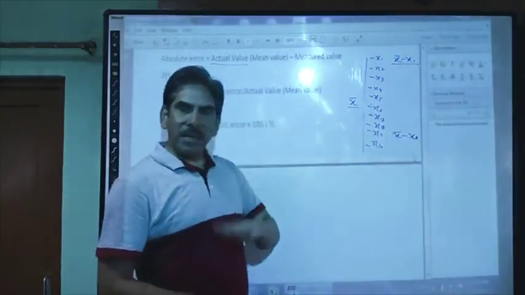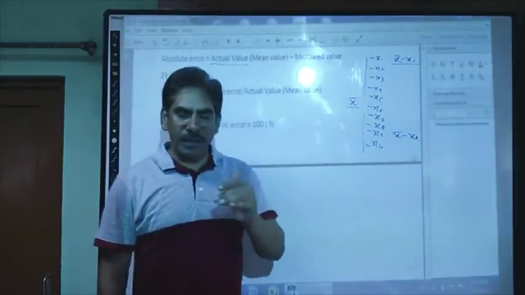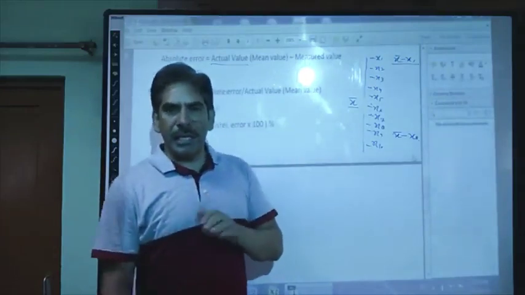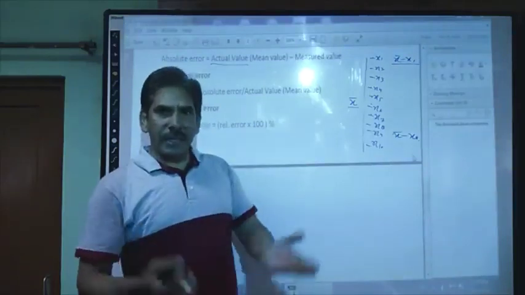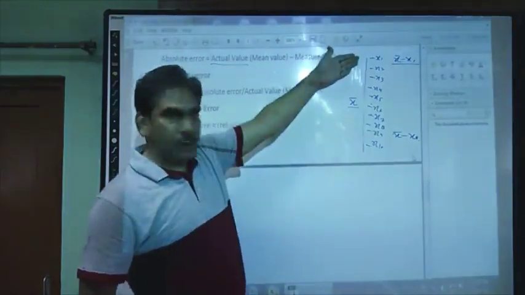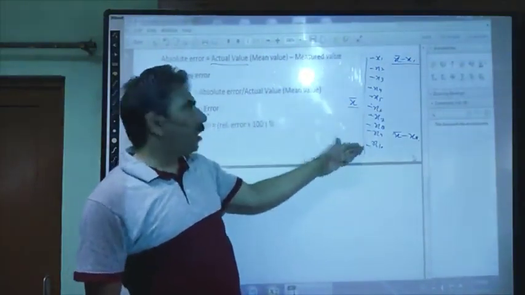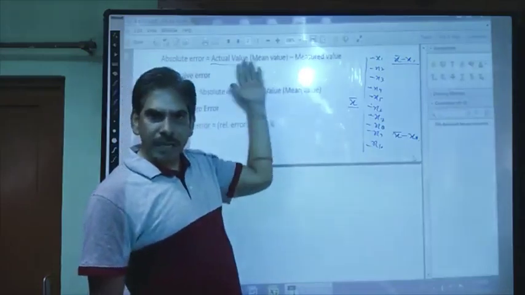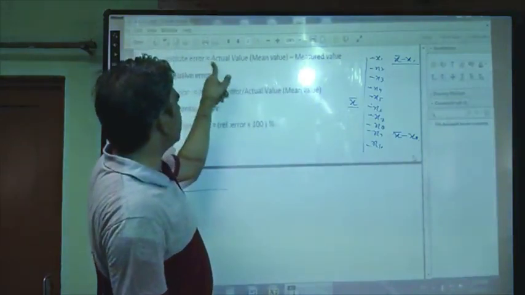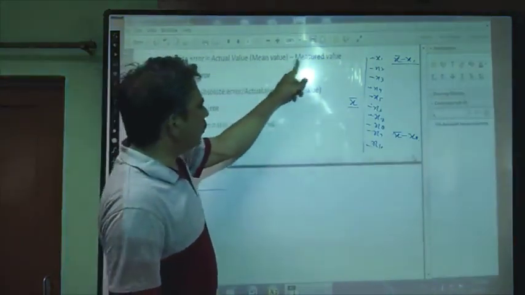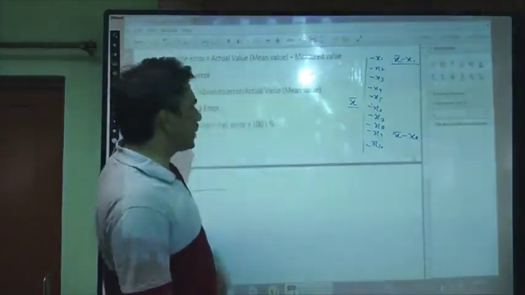Either we know the actual or accurate value, just like in the case of acceleration due to gravity, which is 9.8 meters per second squared on average. That is the actual value. But if we don't have an actual value, then for example in Ohm's law we measure the electric potential difference. In that case we may take the mean and find the difference of the measured values from that mean value. That is why I have written both these things. So absolute error is nothing but the difference of the actual value or mean value from the measured value.